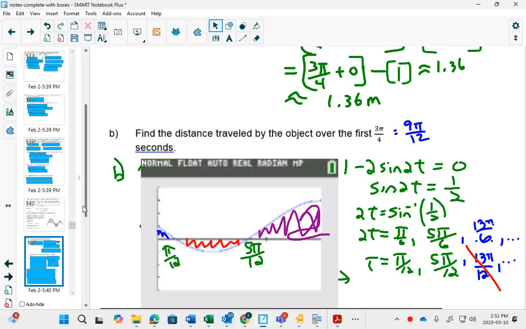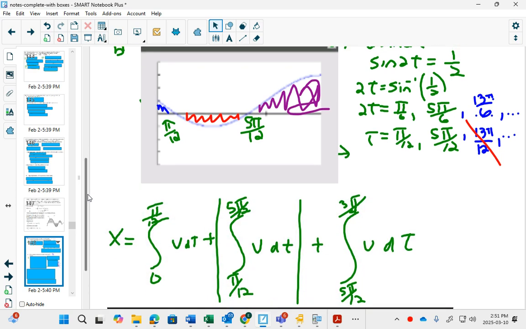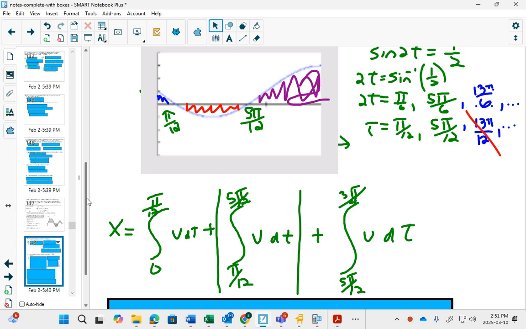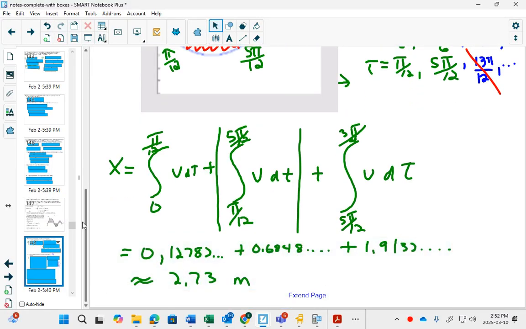I just want you to be careful because sometimes students just do 2 and stop, because you're so used to just going once around your unit circle. Sometimes the ones that keep on going do become part of your solution. So we could figure out pi over 12 and 5 pi over 12. And this is what you'd have to set up as your integral. If it was non-calculator, you would have to evaluate each of those without a calculator. If this was a calculator question,